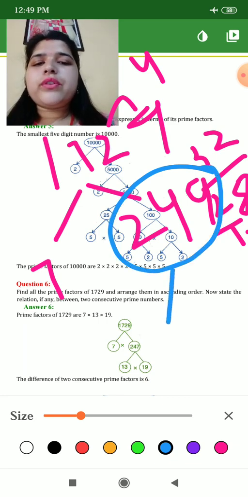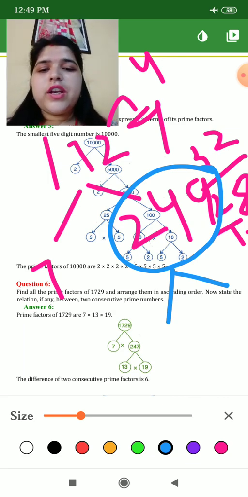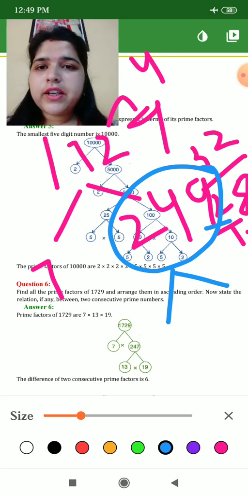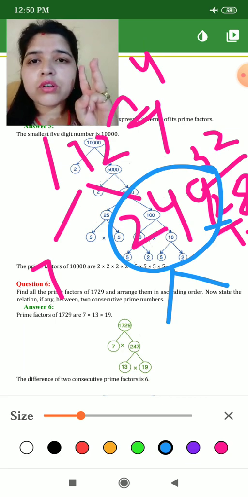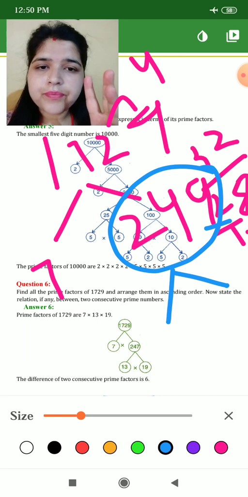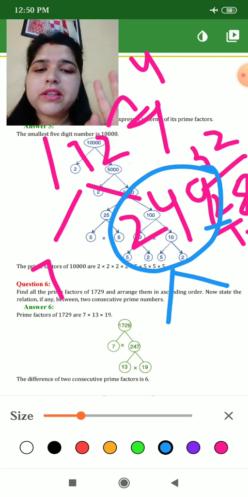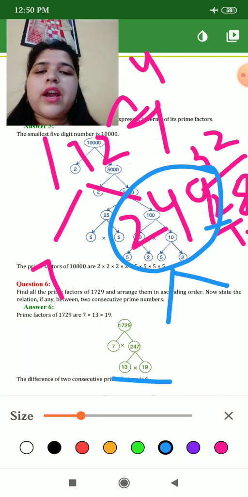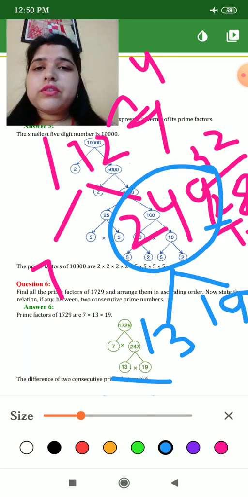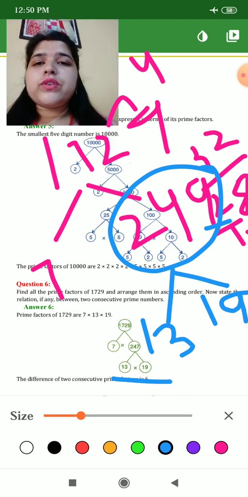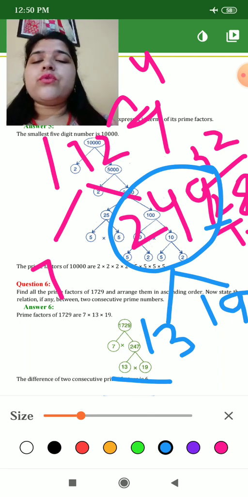Now we will break 249 again. Now see in which table 249 will go. Again you check, it will go in the table. You have to check yourself, okay, because it contains 9 at the end. It means either it will go with the table of 3 or 7 or 13, okay, and 19. These are the tables in which numbers can go if the unit place is 9. So it is going as 19 into 13. You can check here: for divisibility of 3, it is 9 plus 2 is 11, 13, 14, 15, 16, so it will not go with 3.